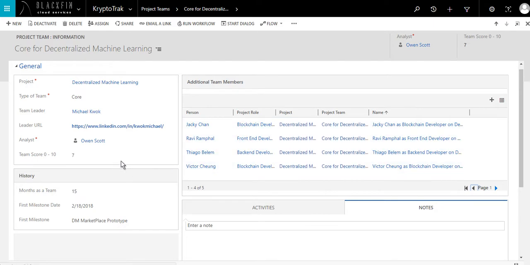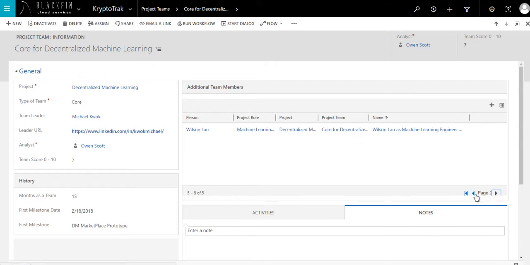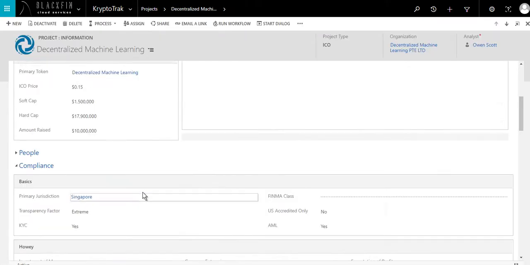What you don't have on the core team is a great deal of business. I mean, you've got Michael Kwok, definitely. These are the technical individuals, but you don't have a great deal of communications and marketing expertise, it looks like, as much as some projects that I've seen. So we're going in with about a 7 here. And then I'm going to come back and we're going to take a look at